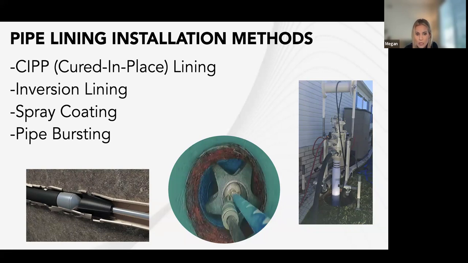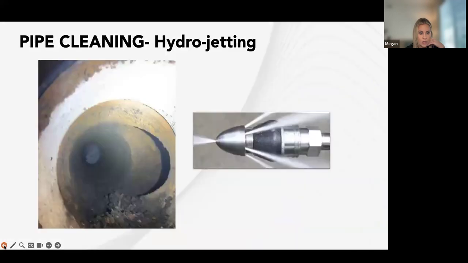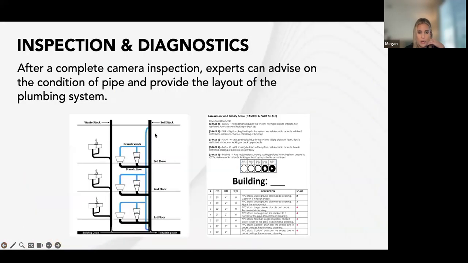If we're looking at inside on a vertical waste stack, the pull in place method typically is most times what we use because we have the ability to stop and start the liner when we have a connection tying in. So as the stack goes, and we'll go back to one of my previous images. Right here, when we have these different pipes tying into this vertical waste stack, we can stop the CIP, the pull in place. If we're starting up here, we can stop it right here before this branch line ties into it.